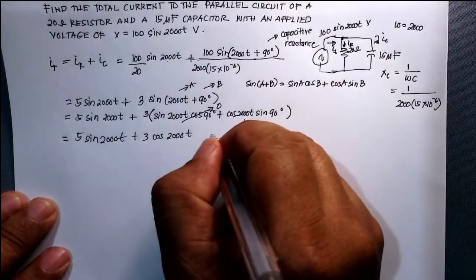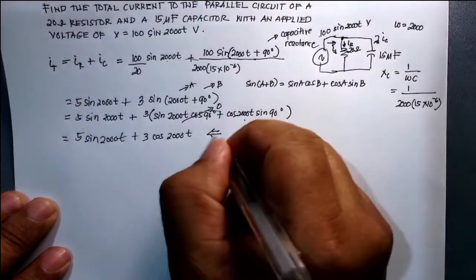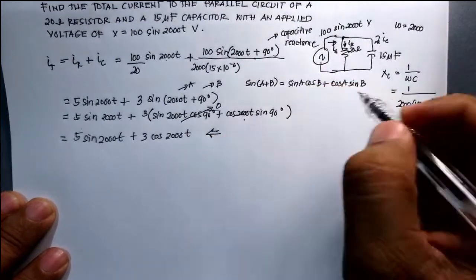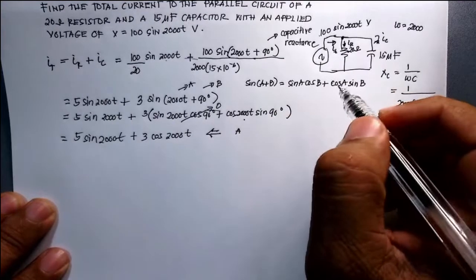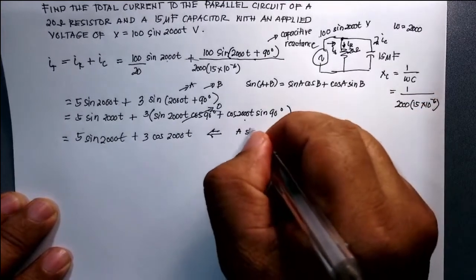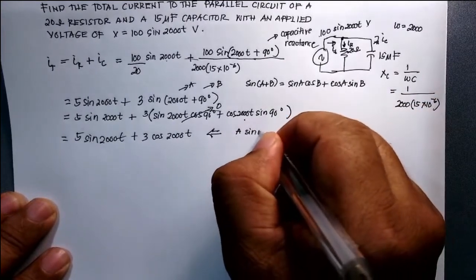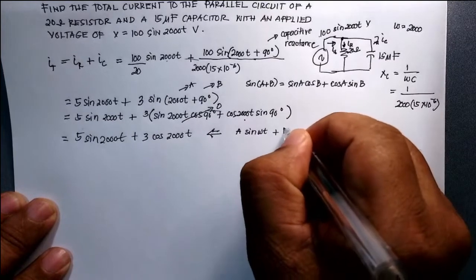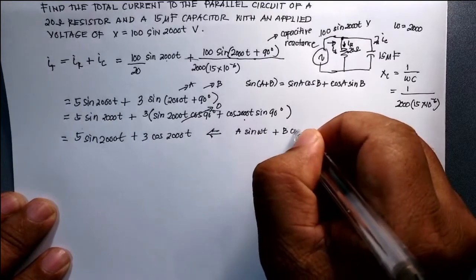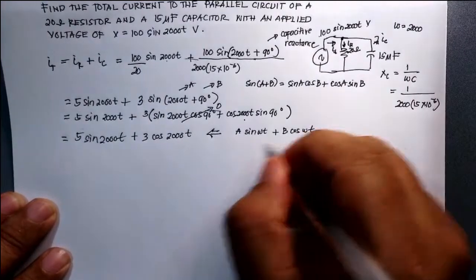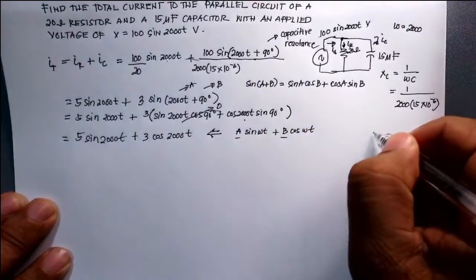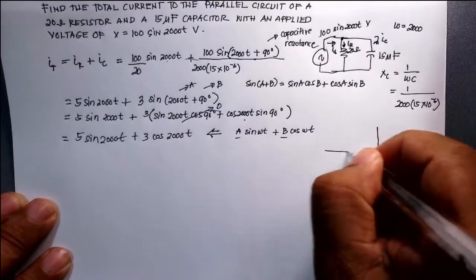The form that we have here is the form A sine omega t plus B cosine omega t, in which A and B can be represented